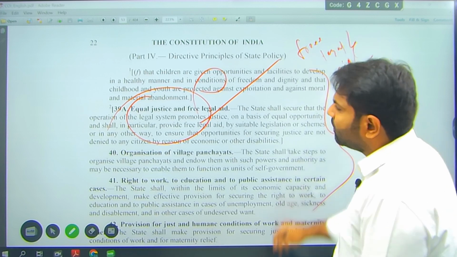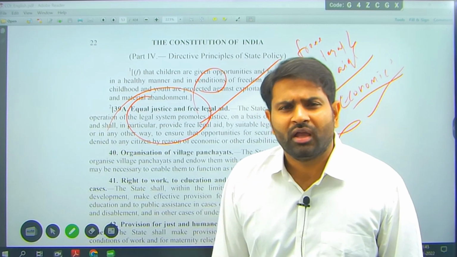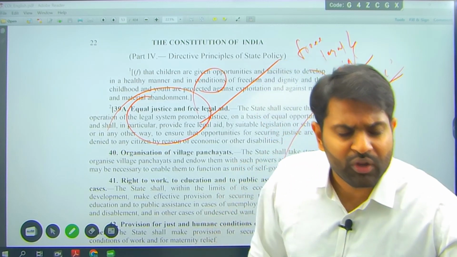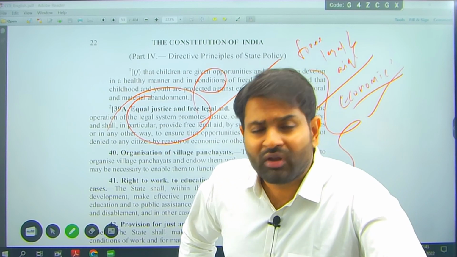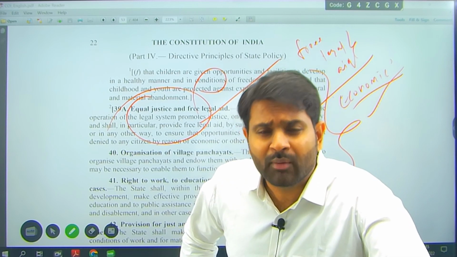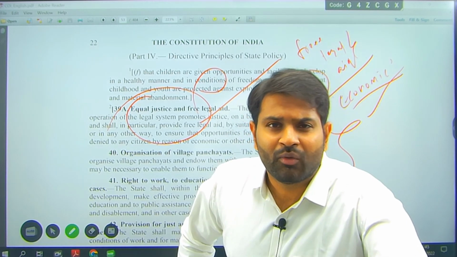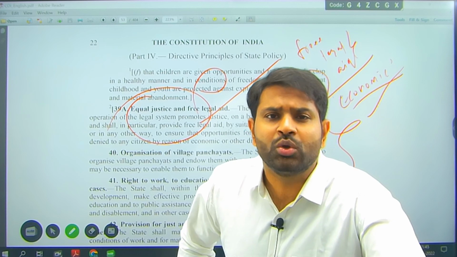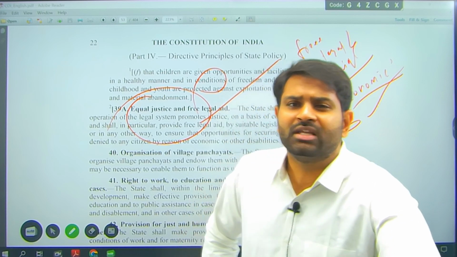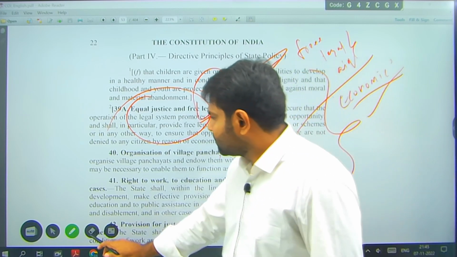Brought by Indira Gandhi. What Indira Gandhi is saying is that justice is becoming costly. When you have to hire a lawyer, when you have to go to courts, when you have to wait years together, it is very costly to you. When you are unable to pay the lawyer, how will you get justice? What if you don't have the capacity to pay the lawyer? Then the state will come to the rescue and give you free legal aid. It is the duty of the state to give free legal aid. It is mentioned in Article 39A.